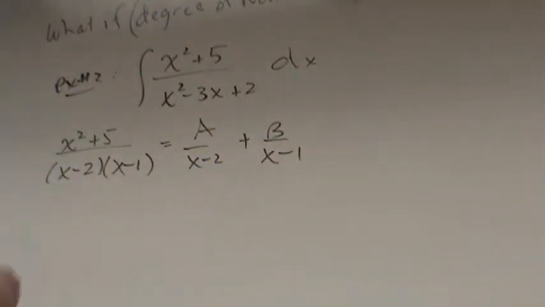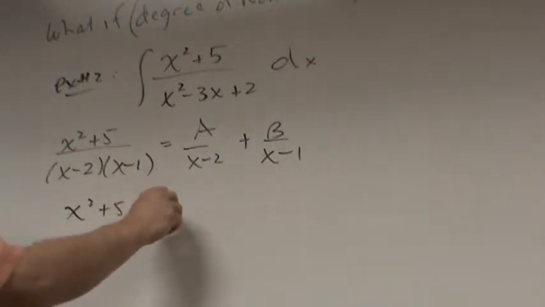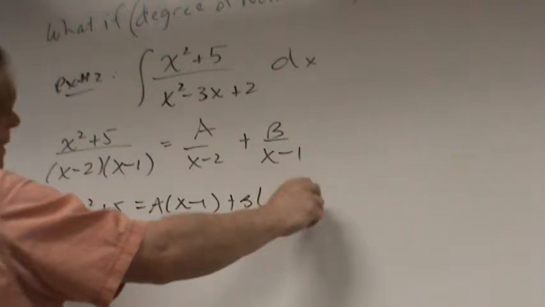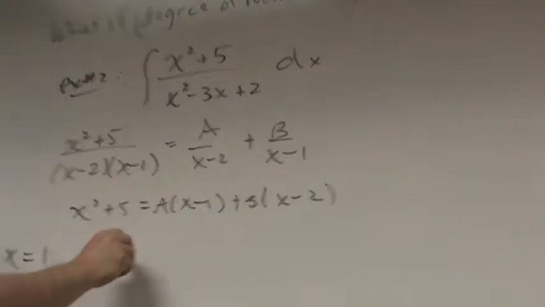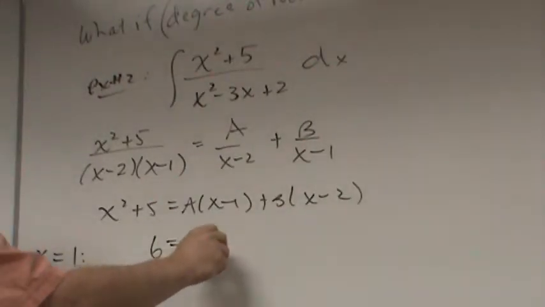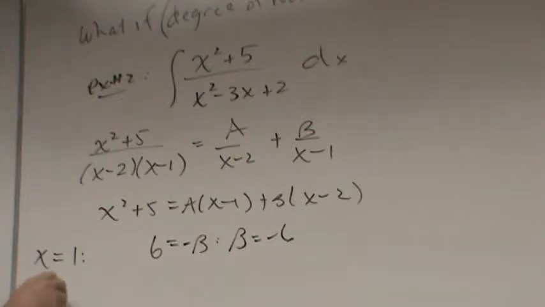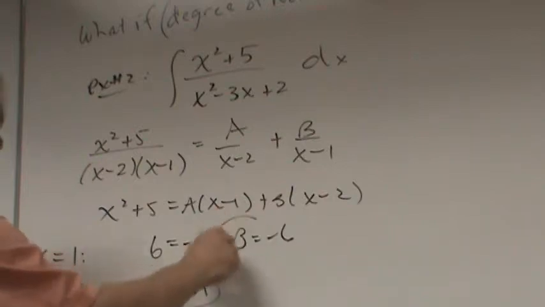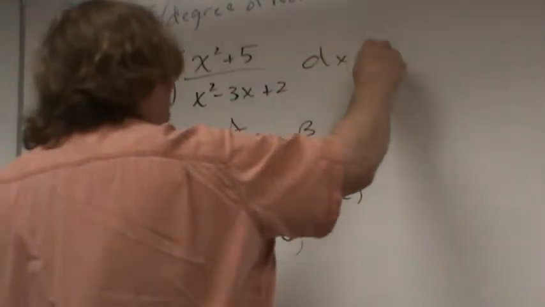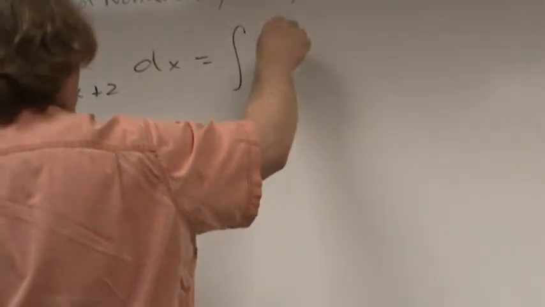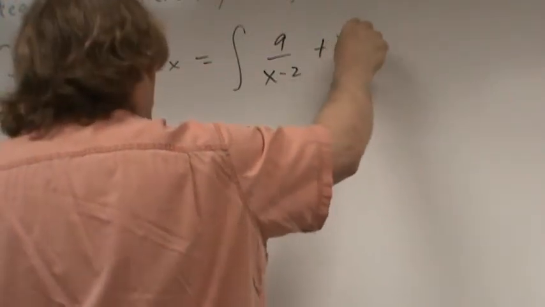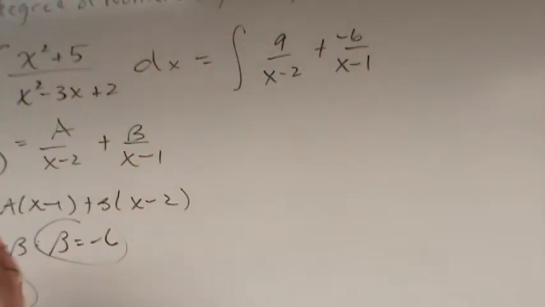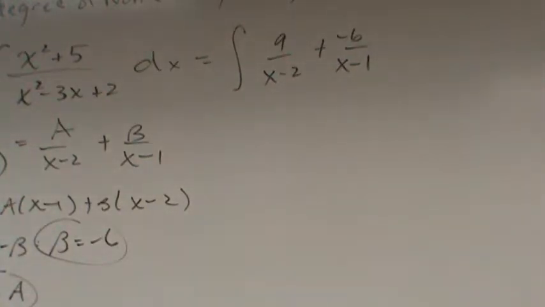Alrighty? And so I'd have x squared plus 5 equals a times (x minus 1) plus b times (x minus 2). If I let x equal 1, then I'd have 6 equals negative b, or b equals negative 6. And if I let x equal 2, then I get 9 equals a. So I would be chopping this guy into 9 over (x minus 2) minus 6 over (x minus 1). But the problem is